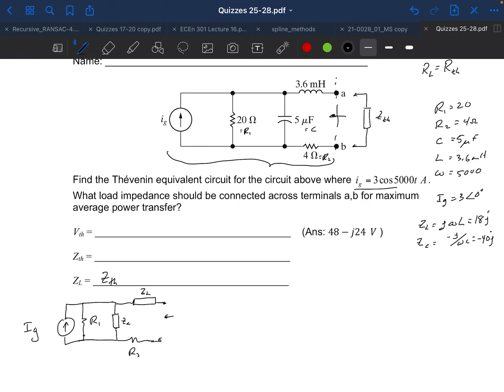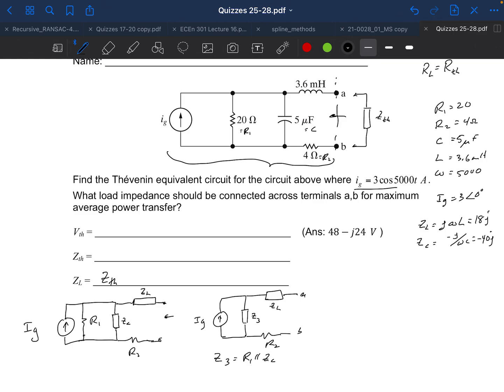Okay, so I notice here that these two are in parallel, so I can combine those in parallel and then do a source transformation. So if I combine them in parallel, I'll get IG, and then this is going to be a new impedance. Let's call it Z3. And then I'll have ZL and R2. And then this is still A and B, where Z3 is going to be R1 in parallel